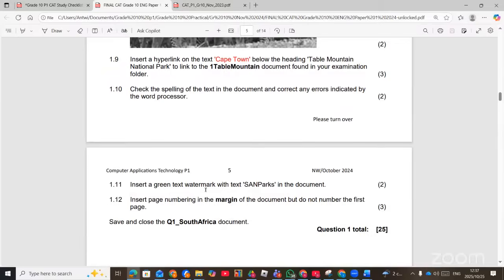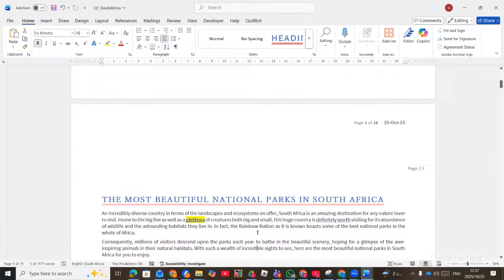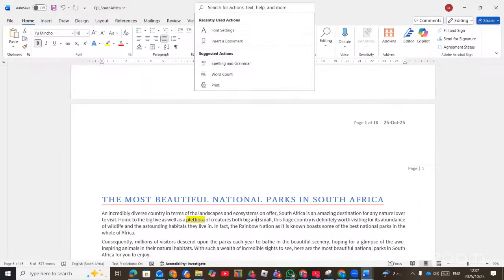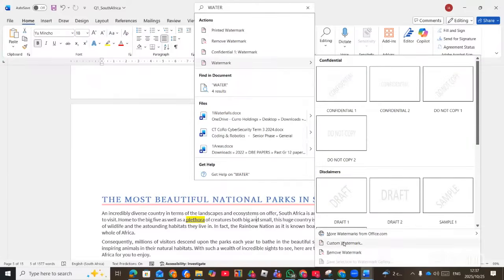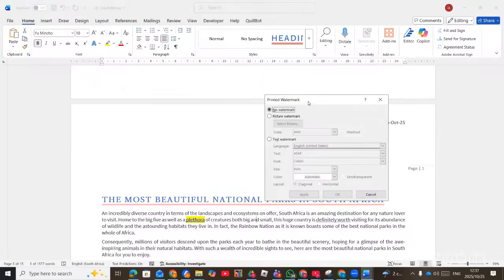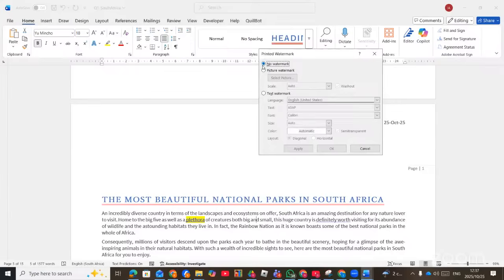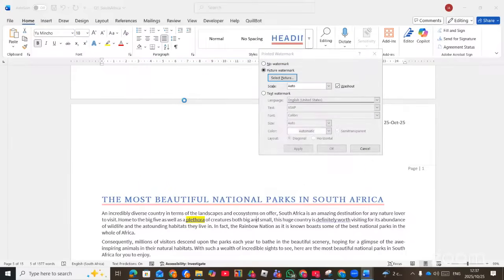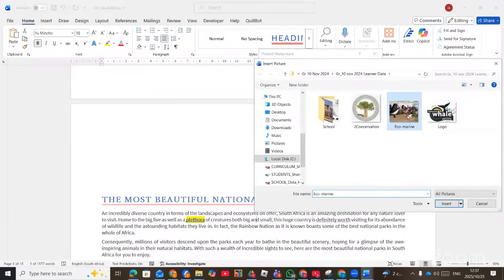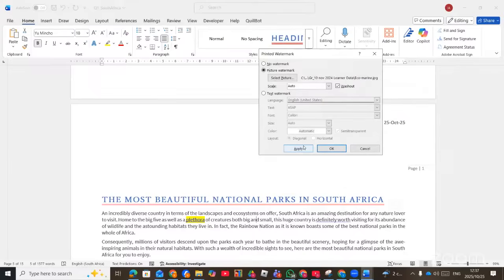Now we need to insert a watermark. To insert watermark, you can go to the search and type watermark. And then you choose custom watermark. Then the text watermark, we can have picture watermark and text watermark. Now the picture watermark, that is where you select the picture and then you put the picture there. You select the proper picture that the question wants. And then click on apply. So that picture will be at the background